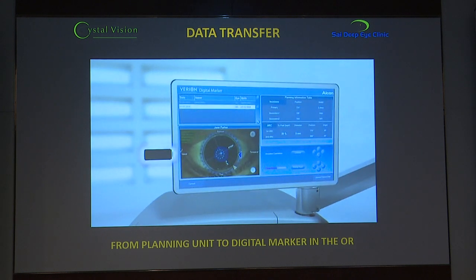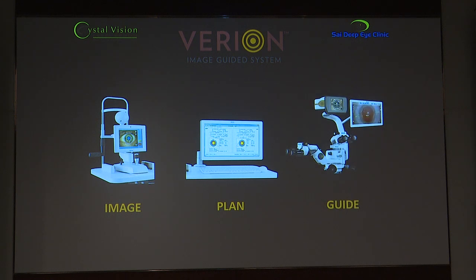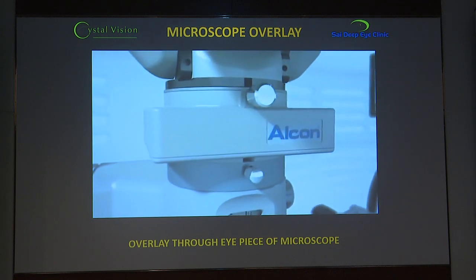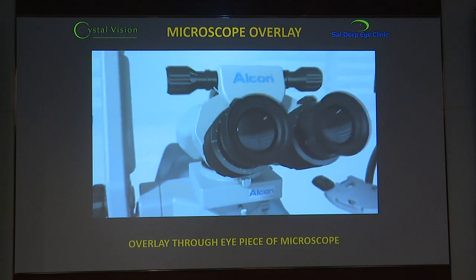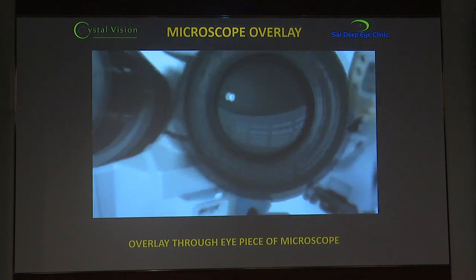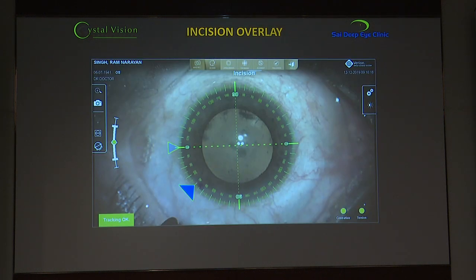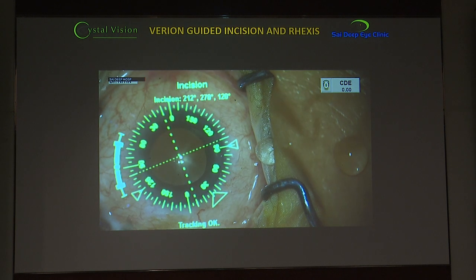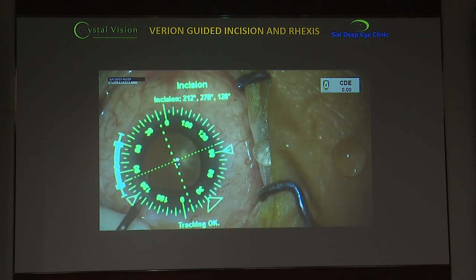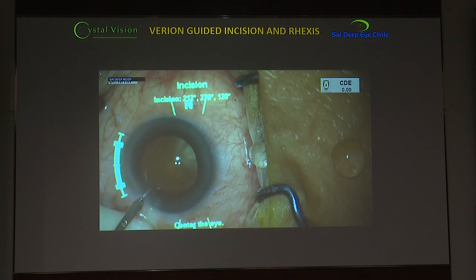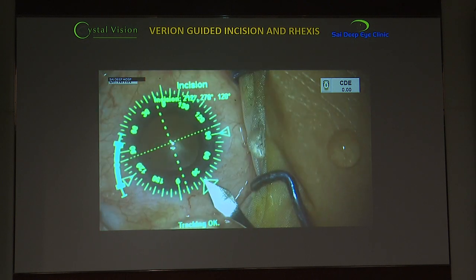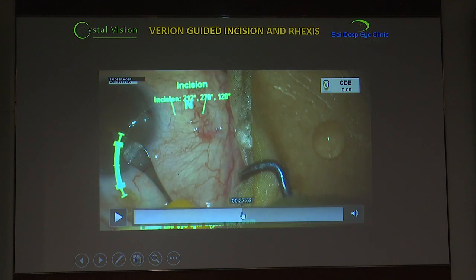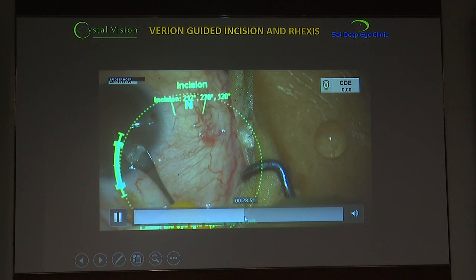The data from the planning station is then transferred through a pen drive into the OT module, which then creates an overlay into the microscope. So you have an overlay for the incision, you have an overlay for the capsular rhexis. As you can see here now, you can have a plan. Everything is pre-planned before you enter the theater. So your side ports, your main ports, everything is pre-planned, and you can have the exact position of your capsular